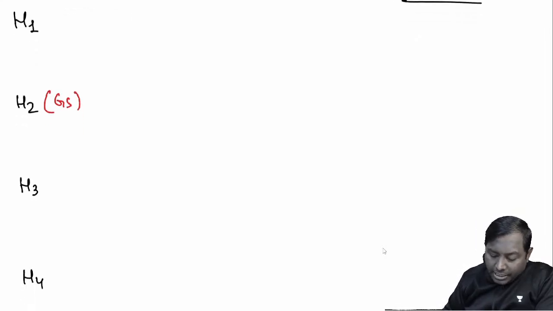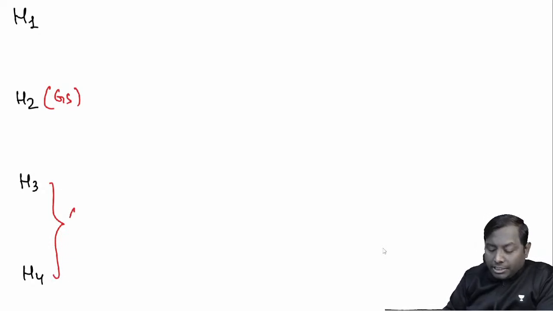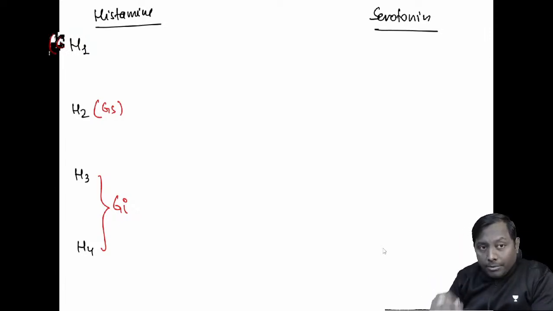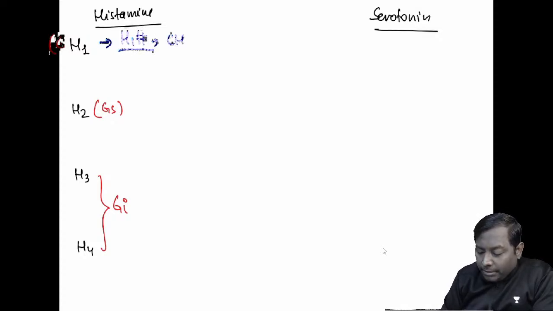What about H3 and H4? H3 and H4, their activity is mediated by GI. We are left only and only with the H1, and H1 activity is mediated by GQ. I told you most of the H1 will be acting through GQ. Now they are mainly involved in inflammation, right? Allergy. And always remember, whenever we give H1 antagonist, like for example your chlorpheniramine,